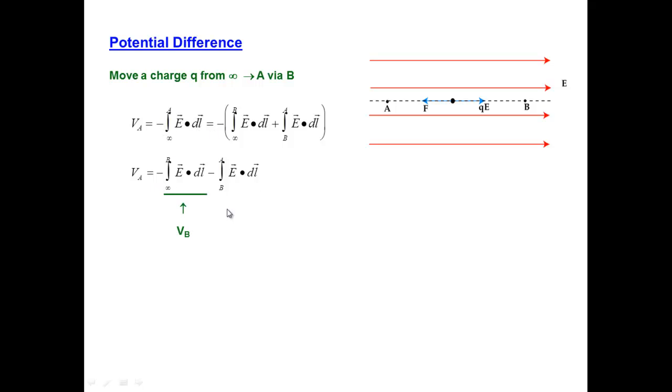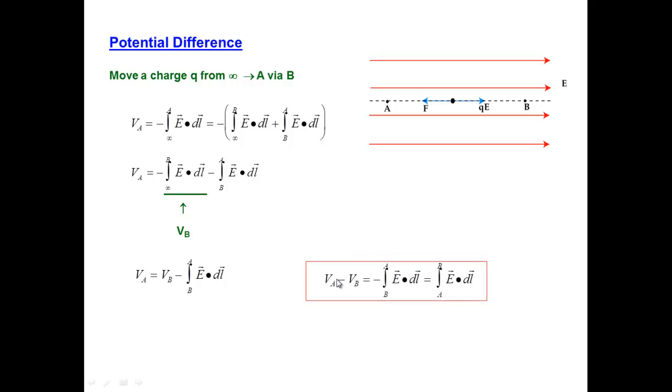So from that we can identify that the first term looks exactly like the term did for the potential at point A, except it's with reference to point B. So what we see is that the potential at point A is equal to the potential at point B minus this additional term that takes us from B to A. So just rearranging this by writing V sub A equal to V sub B minus this integral from B to A, and then subtracting V sub B from both sides, we get that the potential difference between points A and B is just equal to this single integral that takes you from B to A, E dot